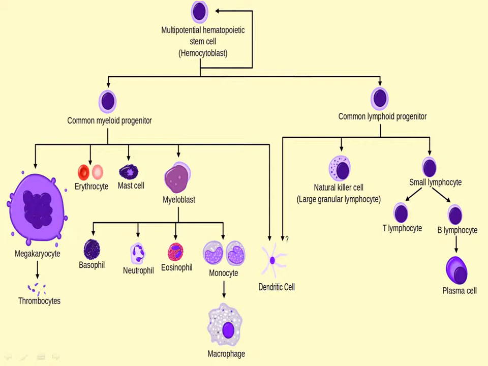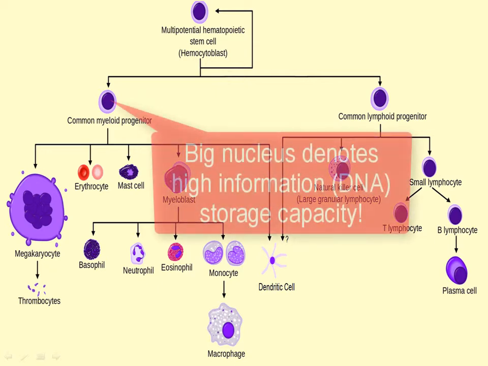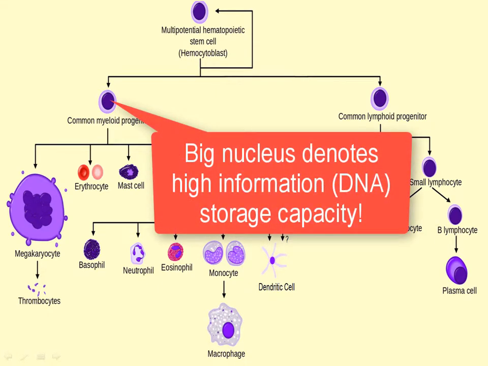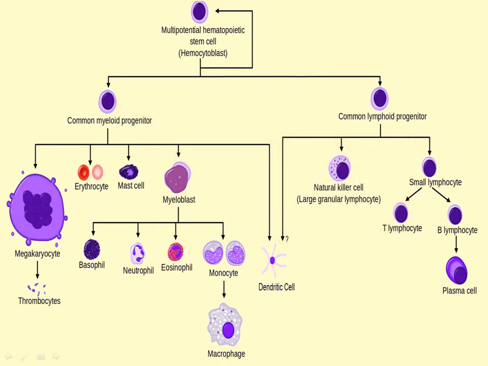They have lots of DNA material. They have less cytoplasm and less protein, as you can tell. As a general rule, these cells are destined for division, so for that reason they have a much bigger nucleus than other cells. Of course, from these multipotent hematopoietic cells, as we saw earlier, we make common myeloid progenitor cells, and we make